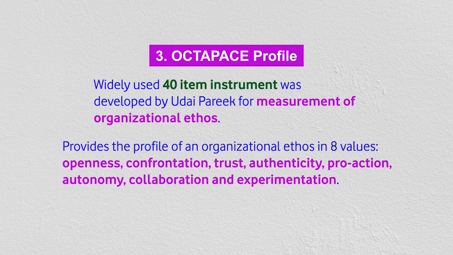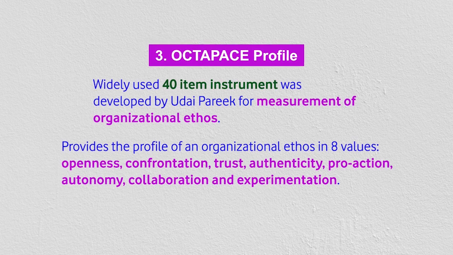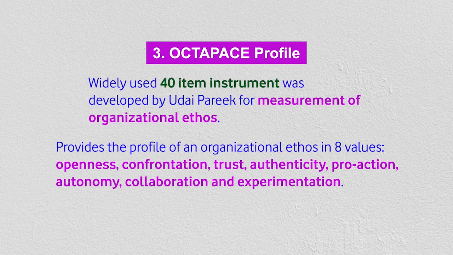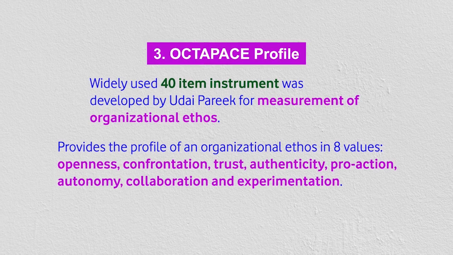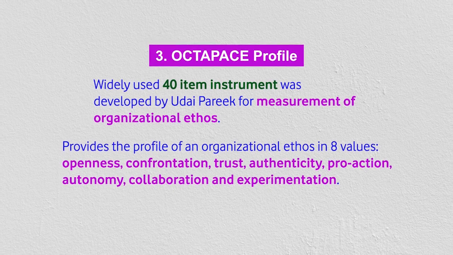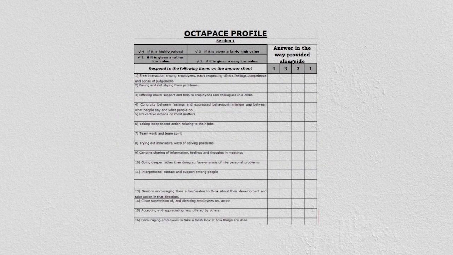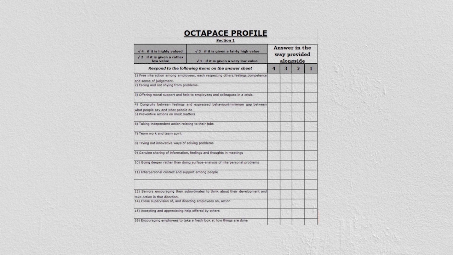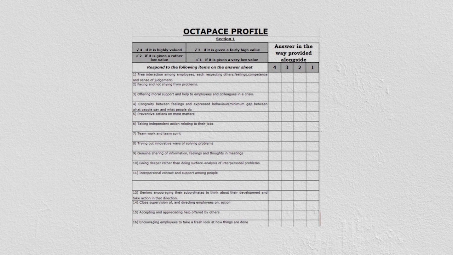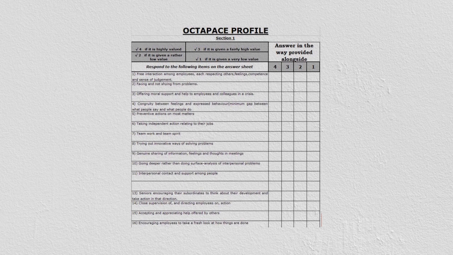It gives the profile of an organizational ethos in 8 values, and these values are in OCTAPACE. That means openness, confrontation, trust, authenticity, proaction, autonomy, collaboration, and experimentation. The instrument, which is also available in the public domain, contains 2 parts. One part talks about the values, items 1 to 24,